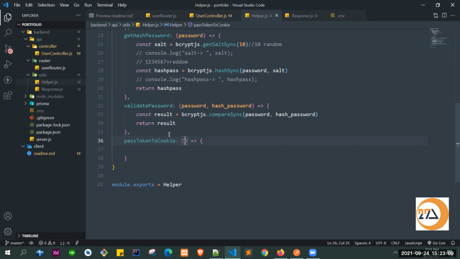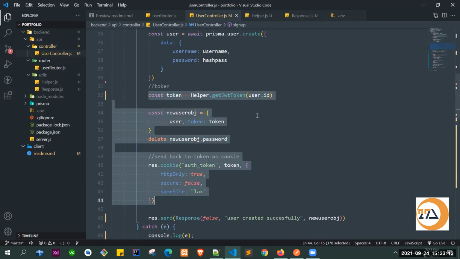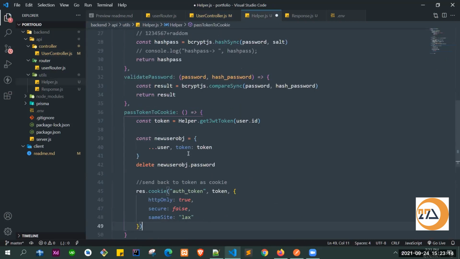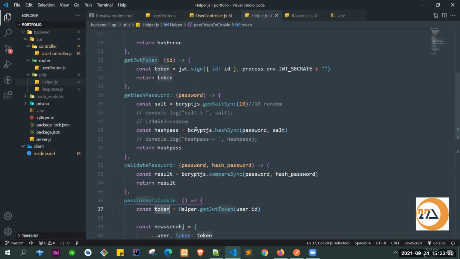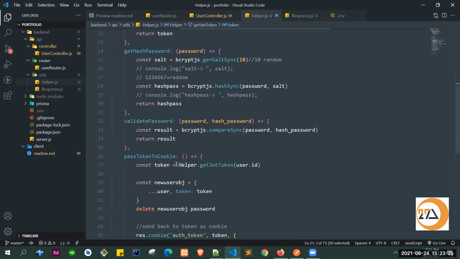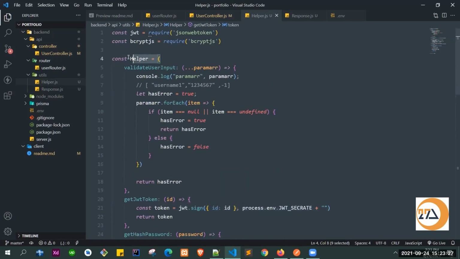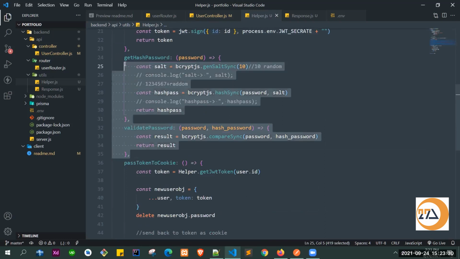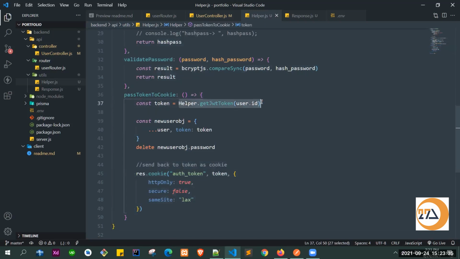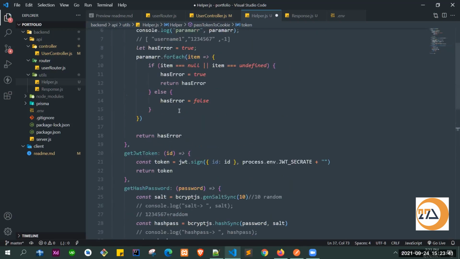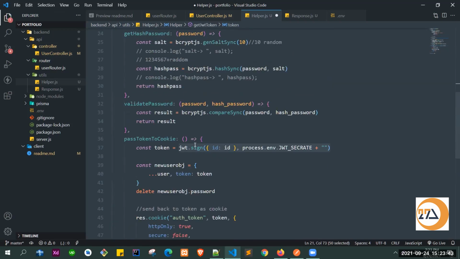And here we will copy the whole thing, let's say this thing up to this. For the token, we need the ID. Actually, we are already inside this helper, and if I try to access something inside the helper while already inside the helper, it may sometimes give some error. That's why we'll define this helper.jwtToken manually, as we did at the top. And to work with this, we need the ID.